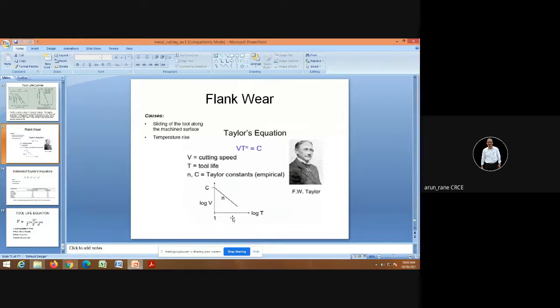The purpose of this logarithmic scale is that it can accommodate huge data on a single graph paper. If you use normal graph paper, it is going to be very crowded. So in order to accommodate larger data, a logarithmic scale is used. For example, in shares, the graphs which are drawn are on a logarithmic scale.